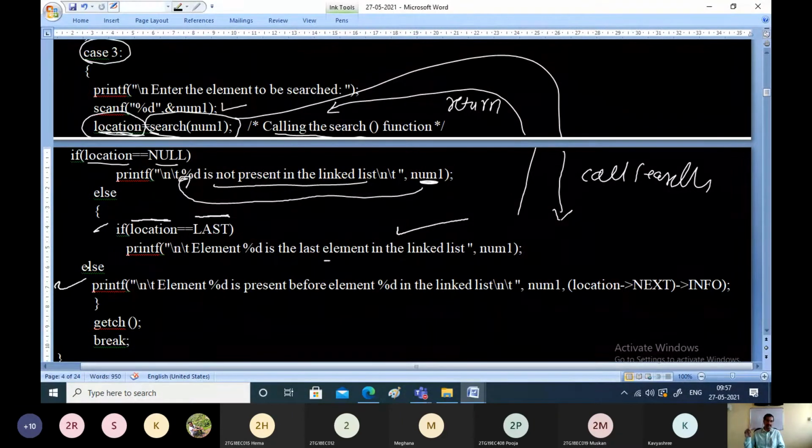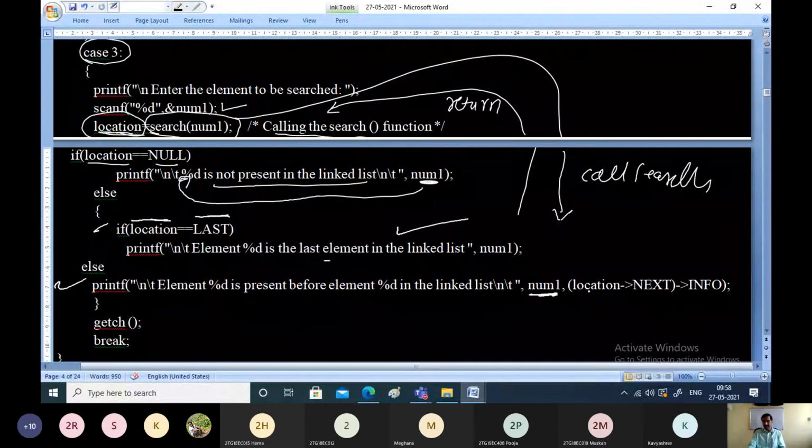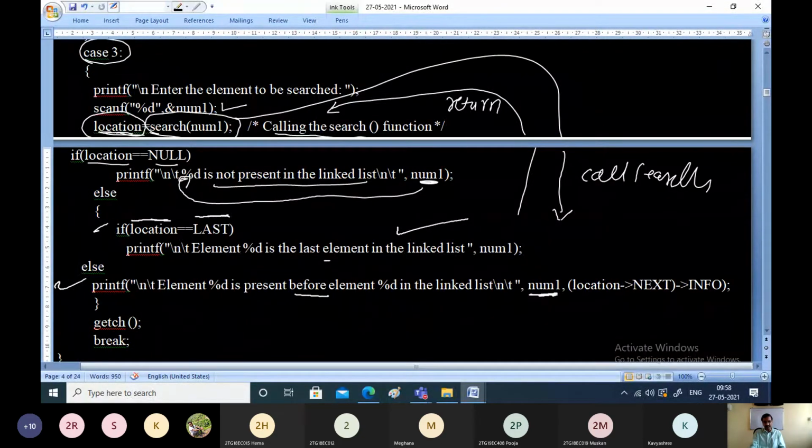If it is present at the 5th location, it is present after the 4th node. So that's what we are printing in the else part. The element is present at the location, that means it is present before the element %d, before location pointer next pointer info. It's going to display that location.